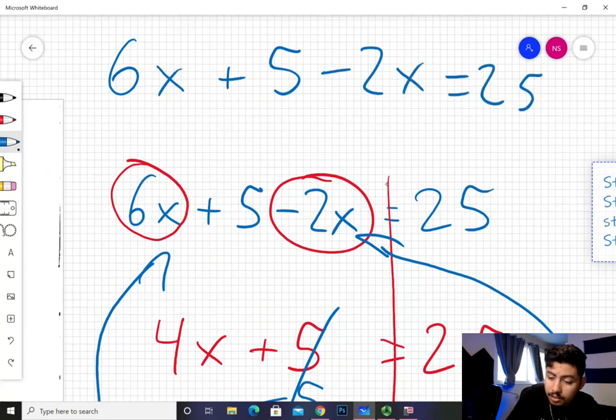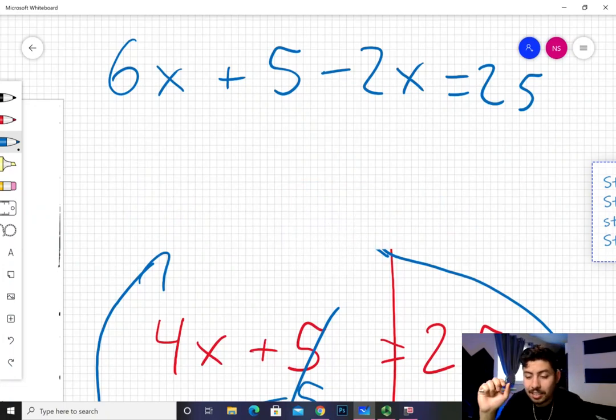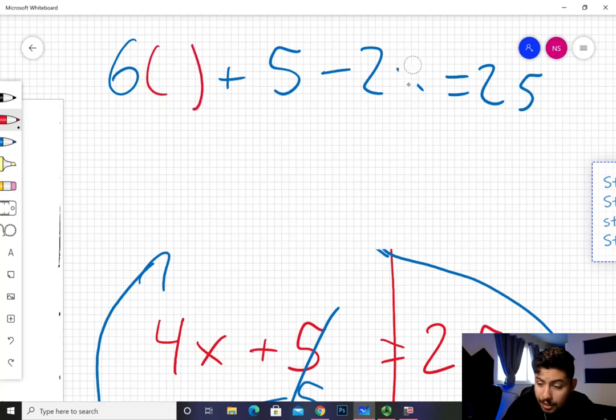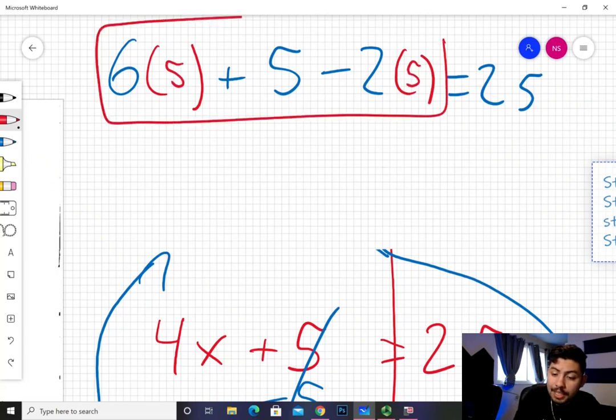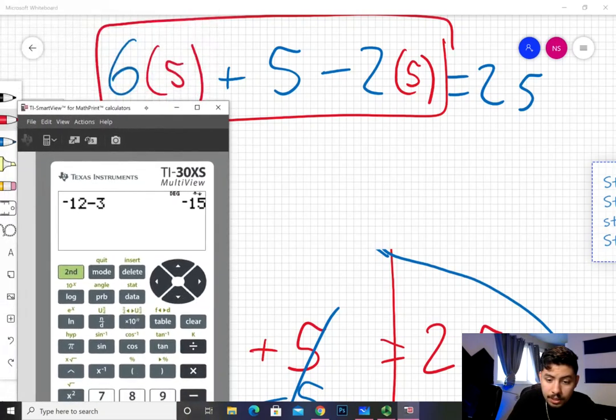Just because everything looks a little too cluttered up here. If we were to get X, our new value for X, which is 5, and plug it into X using our evaluating expression technique, which was, if you recall, first substitute all letters with parentheses, and then plug in our 5, and we put inside A into the calculator,